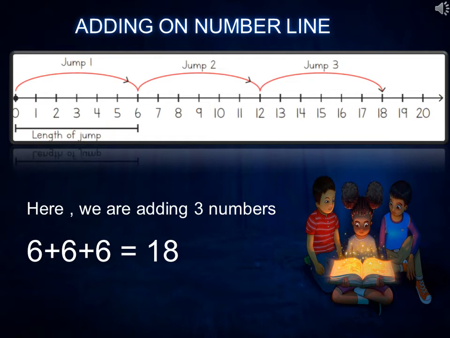As you can see on the number line, we are jumping 3 times and we always start from 0. In adding 3 numbers, we will always jump 3 times and we will begin with 0. The number 0 has no value adding to the prefix. We will always start from 0 and put the arrows in the direction we are moving. I hope this is clear to you now.